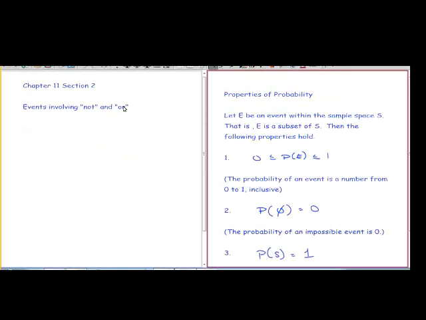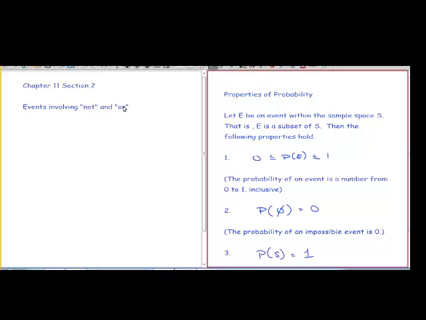So if you can calculate that, what does that relate to as far as probability is concerned? It kind of relates to this. These are properties of probability. I've mentioned some of these, but this is a formal